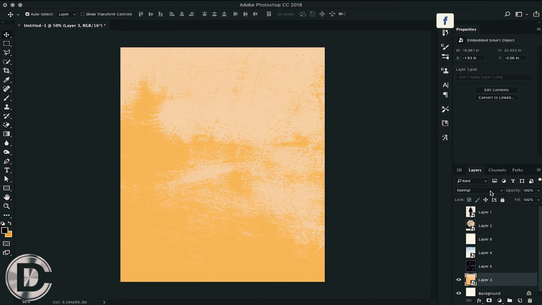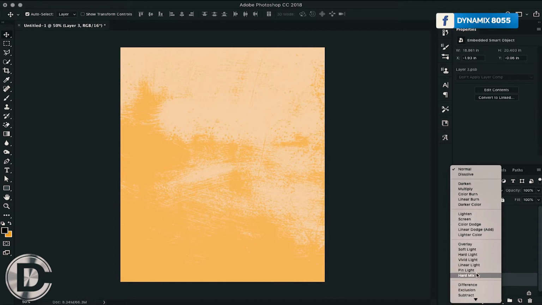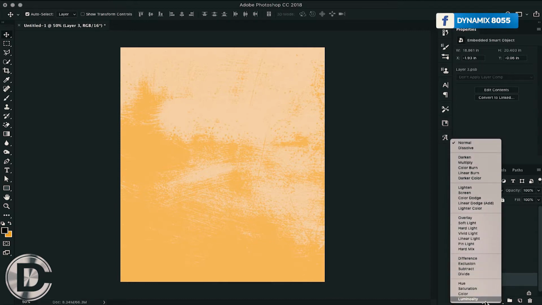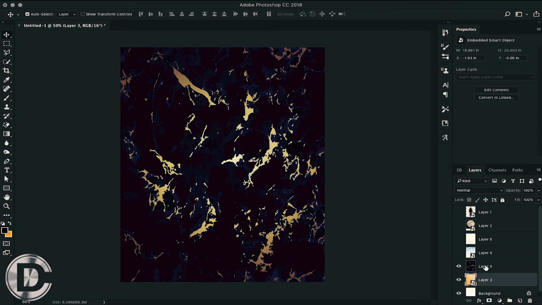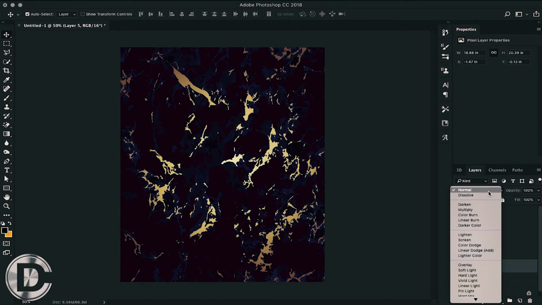Have you ever wondered why some images look so perfect after Photoshop manipulations? And how you can easily get rid of only the black and white portion of the image? So here's the solution: blending modes. One of the fastest ways to get amazing looking images is by using blending modes.